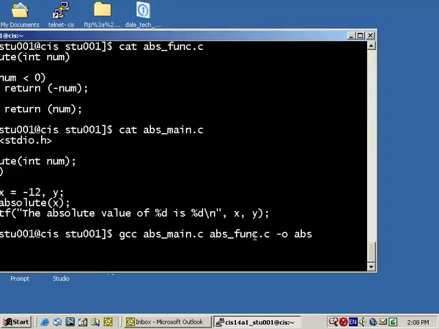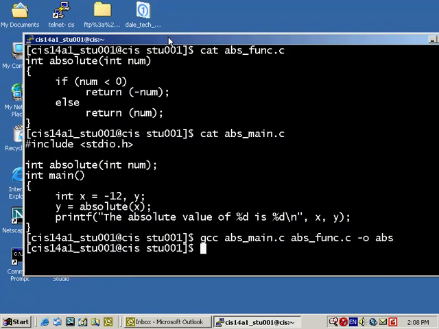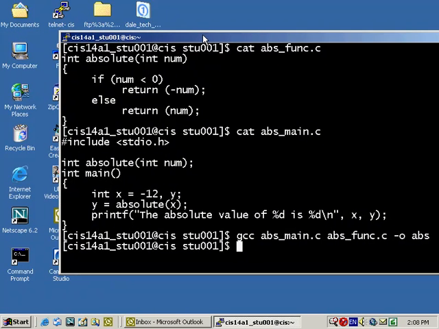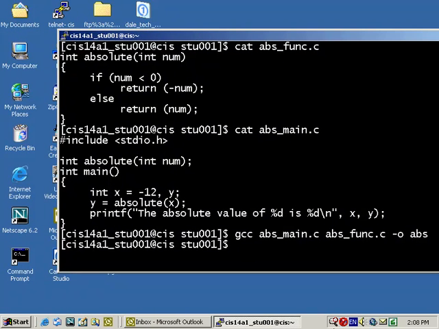The reason why they're doing this is because this sort of leads up to how the make utility works. In reality, the way you would do something on a regular basis is that you would use the make utility to do this, but they want to show you how these two programs can be compiled and linked together into one final file in the end. So I'm going to go ahead and press enter, and you see that I didn't get any error message. I'm going to move the screen back from the left to the right so we can see it. And then the next thing they want us to do after that is to actually take